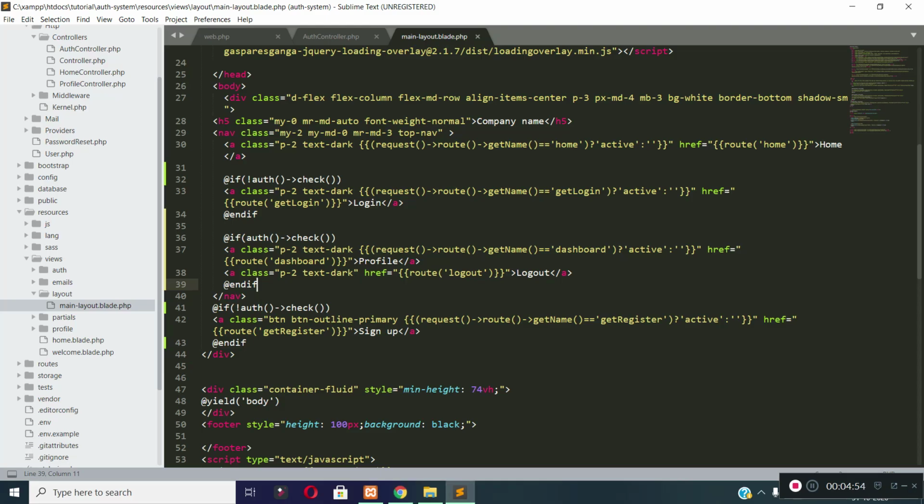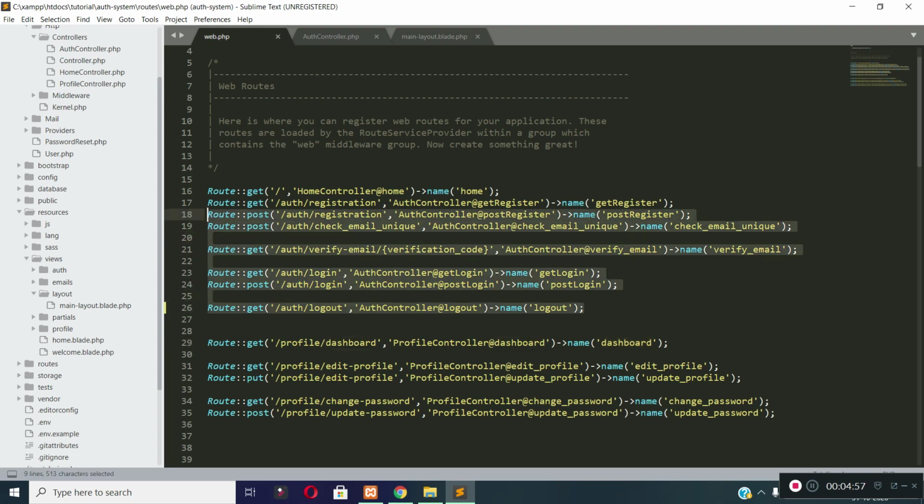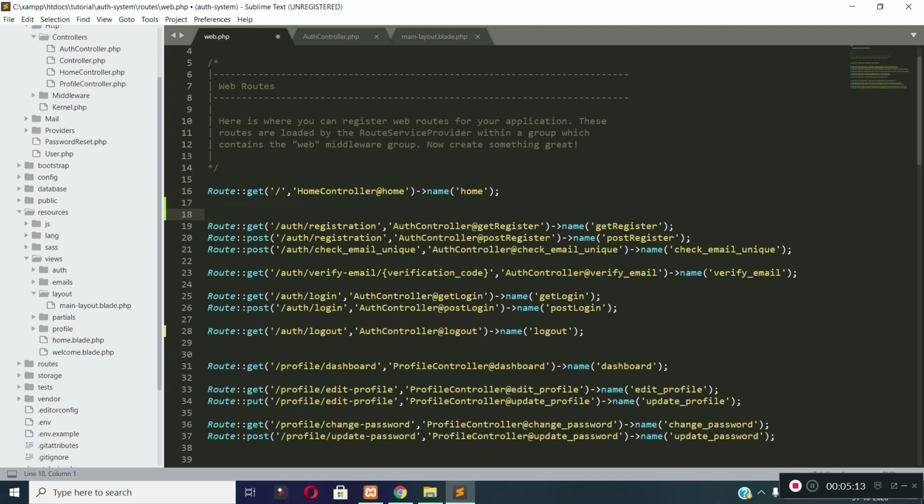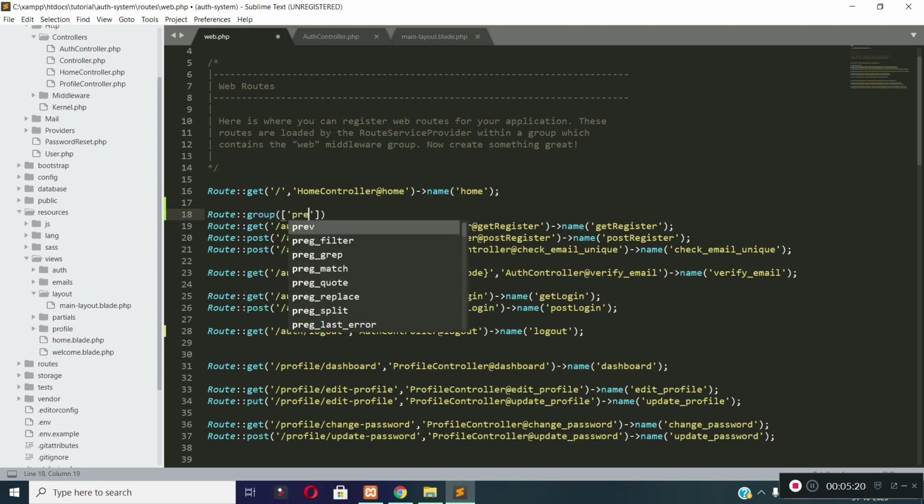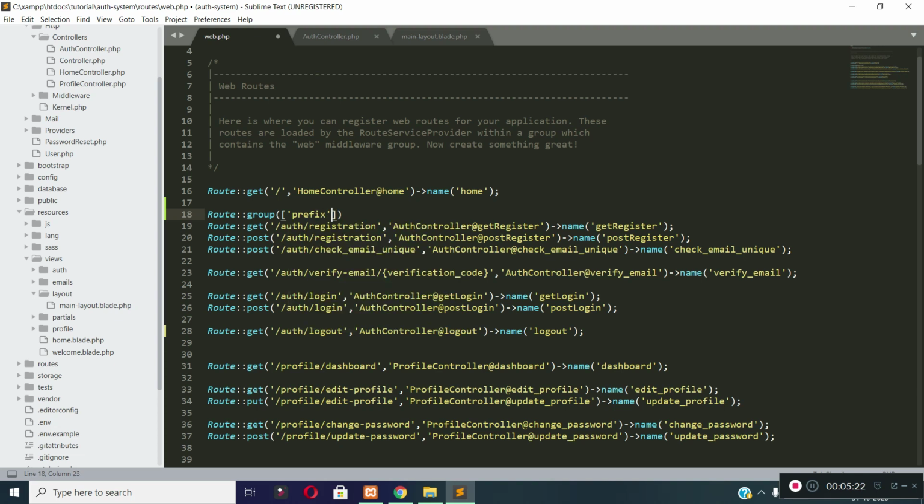Now let's create route groups for all of these routes, because all of these routes have auth in common, so we can create a route group for all of these routes and provide a prefix to the route group so that we do not need to pass auth to every route. So let's create a route group. I will create the route group with prefix auth because all of these routes have auth in common.